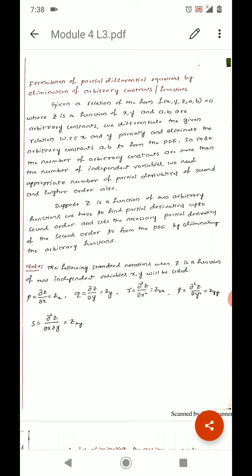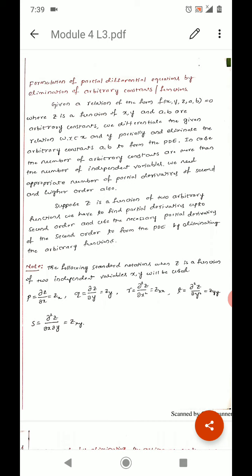If a given relation is of the form f of x, y, z, a, b equal to 0, where z is a function of x and y, and a and b are arbitrary constants, to form a partial differential equation, we have to differentiate the function with respect to x and y partially, and also we have to eliminate the arbitrary constants. If in case the number of arbitrary constants is more than the number of independent variables,